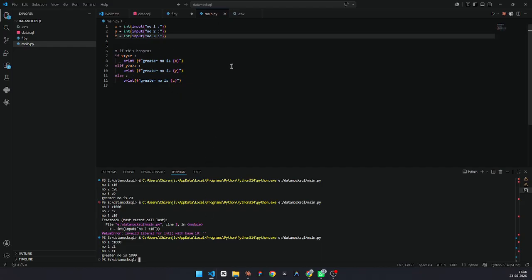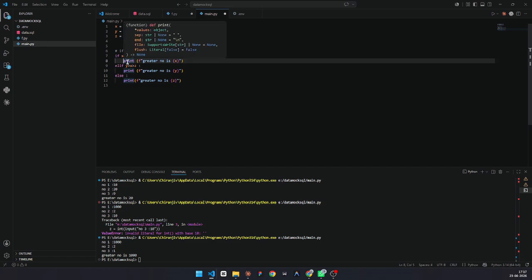So always note that if, elif, else, and a conditional statement should always be in the same line. There shouldn't be elif like this, or if like this, or else the entire program will go wrong. And whenever you give a colon, there will automatically be a space of 4 characters. Wait, 1, 2, 3, and 4. These are the 4 characters of space. Got it? That's the entire thing.